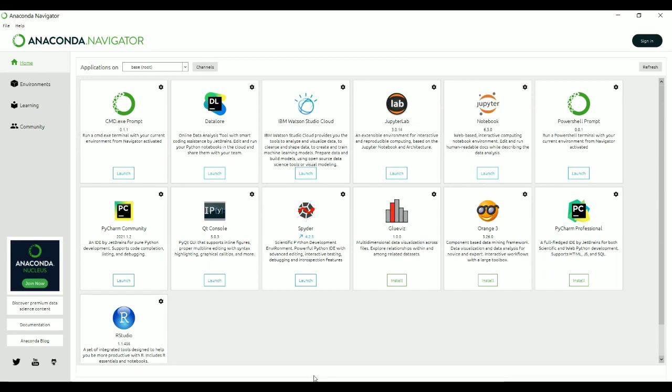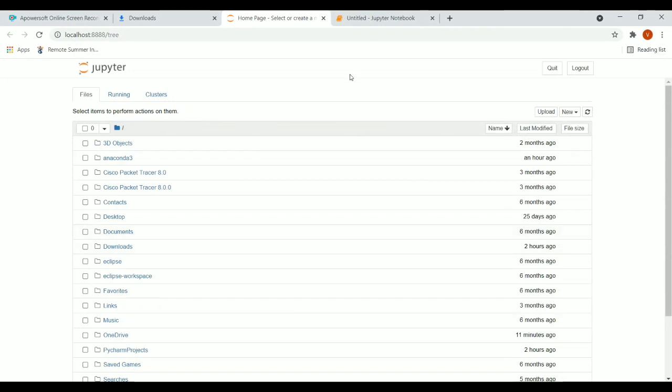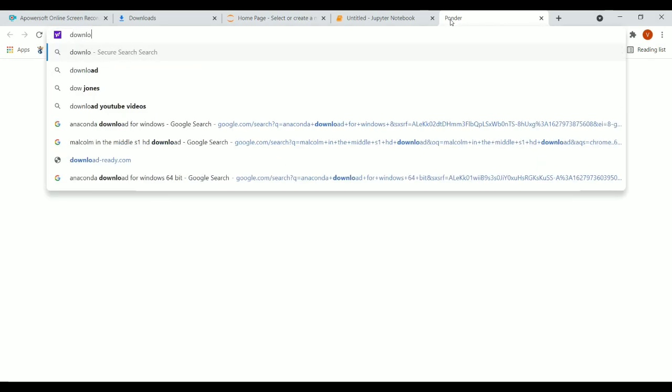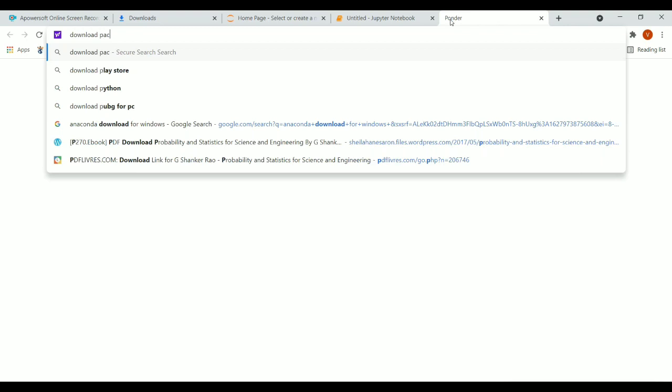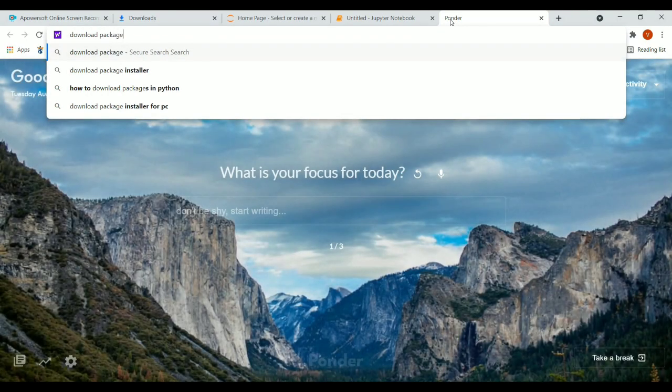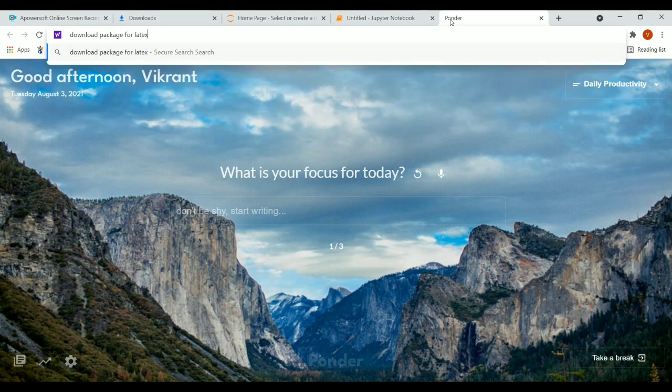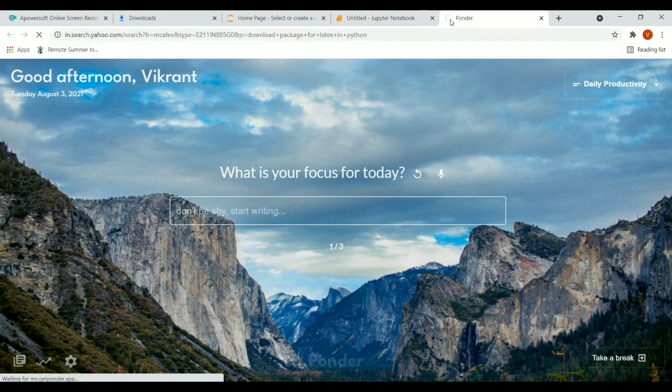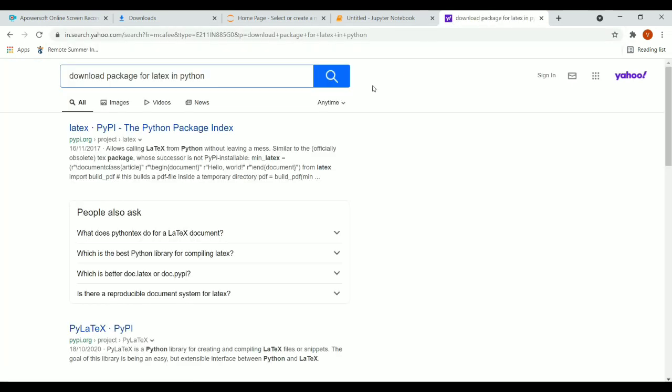Okay, I'll show you one example. Like if I want to download any specific package for LaTeX.